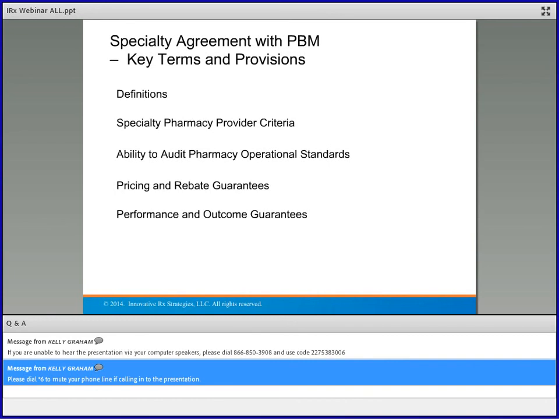that money then goes back to the employer or the plan in the form of a price protection. So let's say you have a cap on an AWP of a drug of AWP plus 5%. If the cost goes up 5, 6, 7% above that, that money goes back to the employer. And then I think finally, the thing you need to start adding or thinking about adding to your PBM contracts are more performance guarantees around specialty and the outcomes that you're expecting from your PBM.